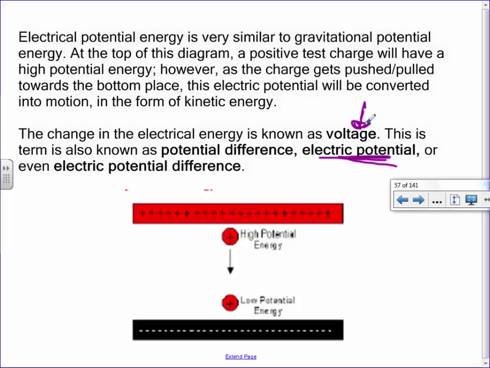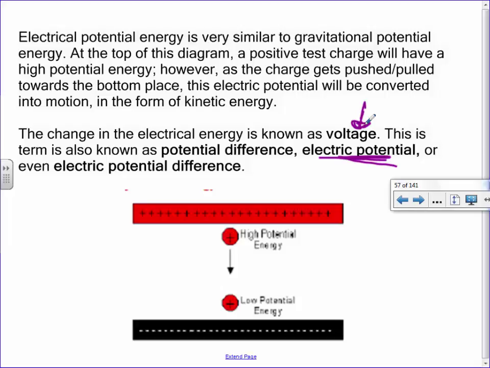You guys ever heard of 5 volts versus 1500 volts? You've heard that term before, right? Well, the more voltage it has, the more potential it has. So now it's not necessarily based on distance, but think of it similar to gravity. Okay? If you were to use a 1.5 volt battery, it's like it fell just a small amount of difference.